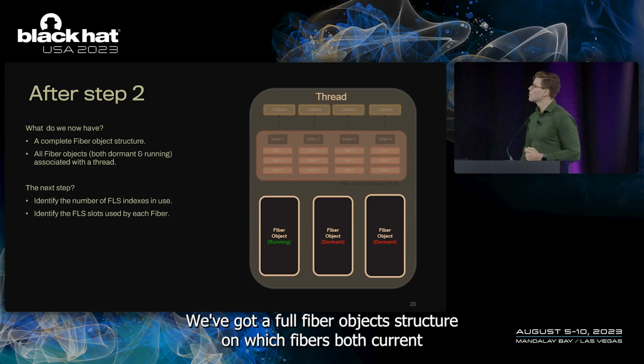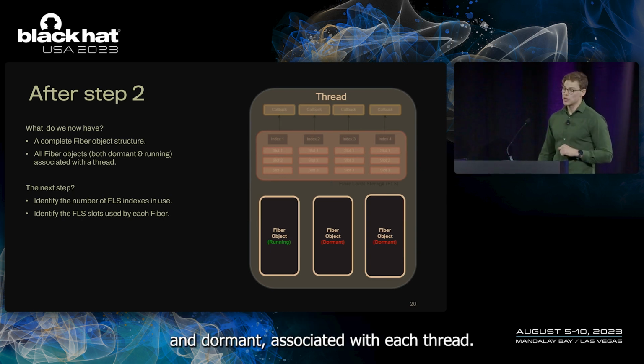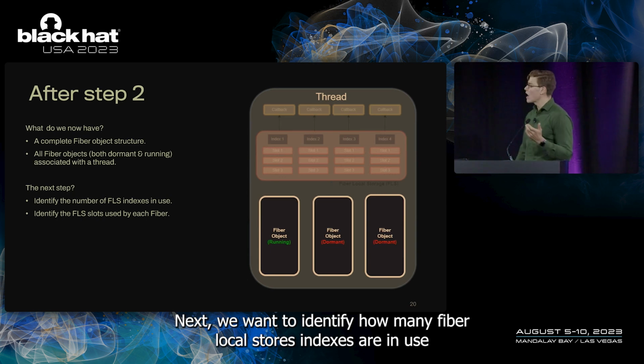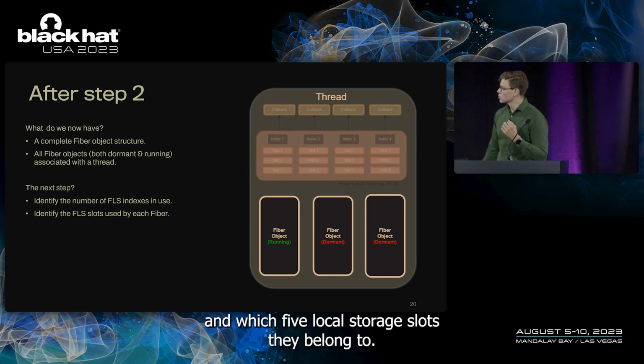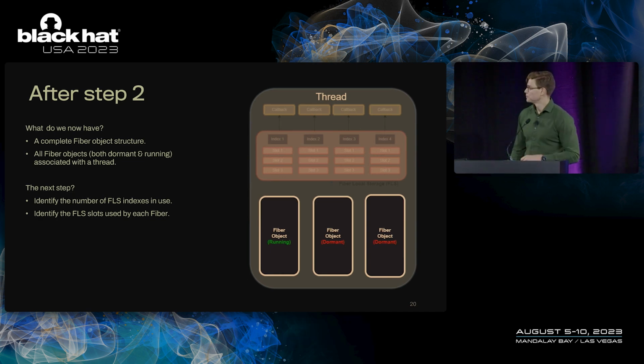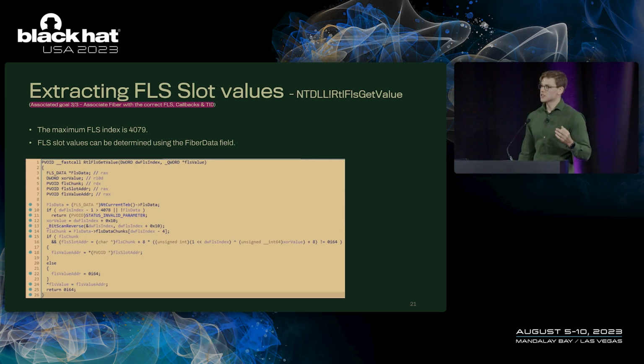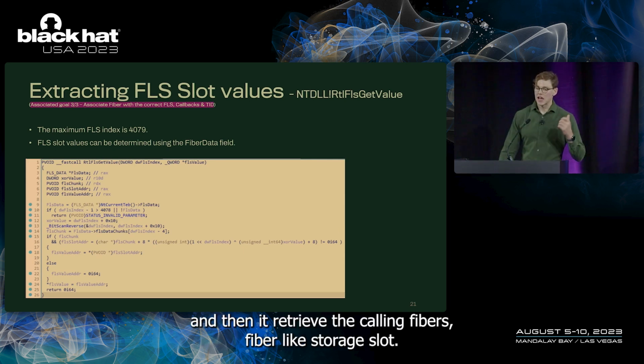We've got a full fiber object structure, and which fibers, both current and dormant, are associated with each thread. Next, we want to identify how many fiber local storage indexes are in use and which fiber local storage slots they belong to. So a good place to look for clues is FLS get value. What this does, you provide it with an index number, and then it retrieves the calling fiber's fiber local storage